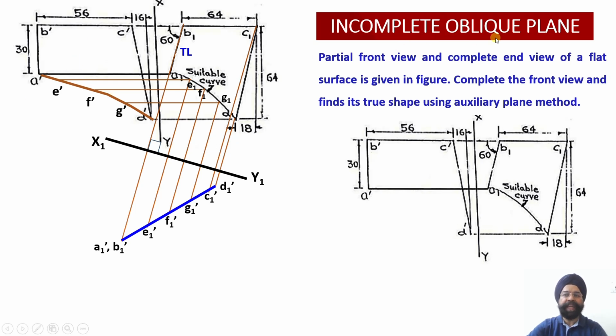So the incomplete oblique plane, that is the missing curve, has been completed using the auxiliary plane method. And now having obtained this curve, my next objective is to evaluate the true shape. Now the front view of this curve has been completed, the top view of the curve is already completed, the edge view of the curve has been obtained, and having obtained the edge view, now I will go parallel to